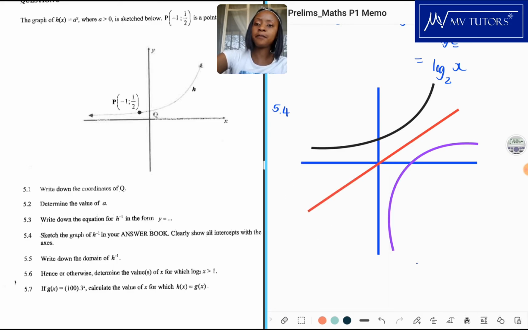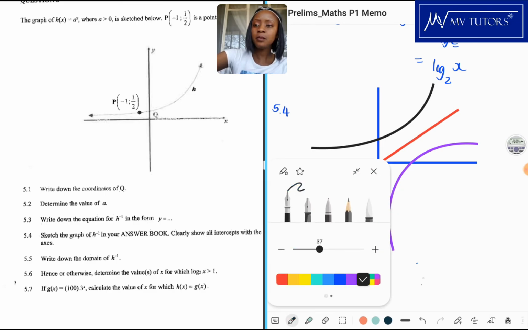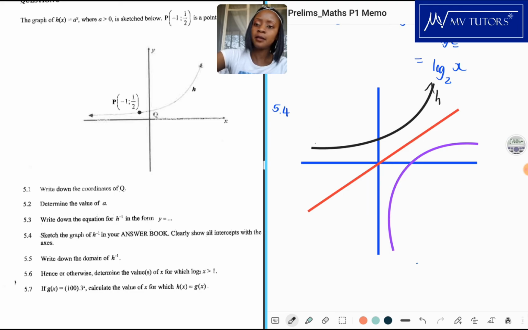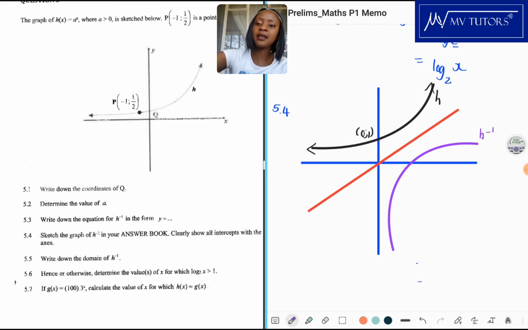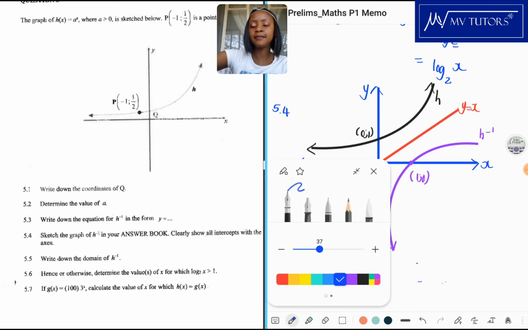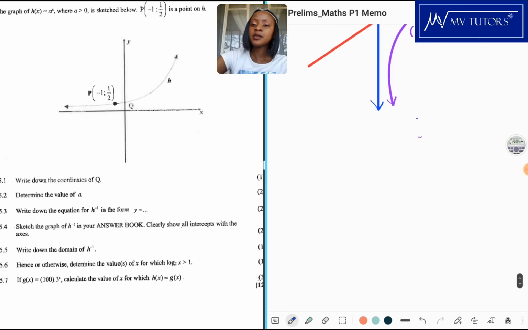So basically, this was h, and we know it passes through the point (0, 1). When you look at your inverse, it will pass through (1, 0), and your y-axis will act as your asymptote there, whereas for your normal function, your x-axis will act as your asymptote. So I think we've indicated everything. And remember, this is your line y is equal to x. And that's it. And this is probably what, 2 marks? Yeah. So 5.5,